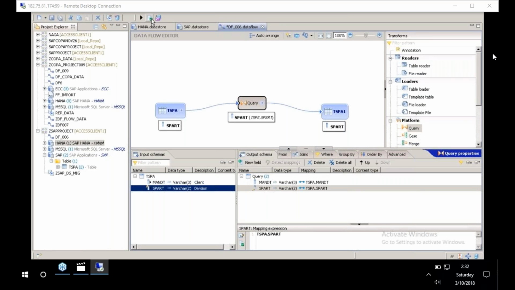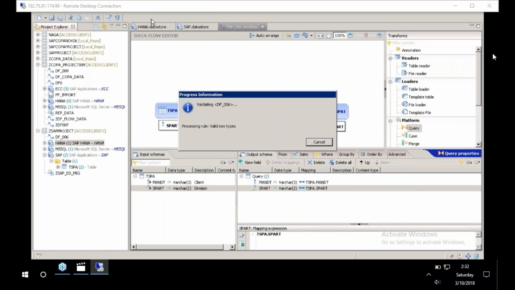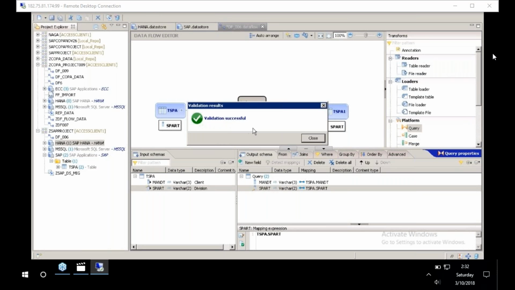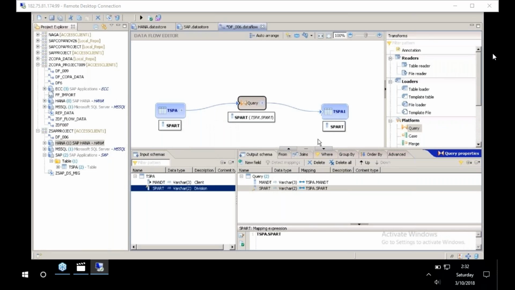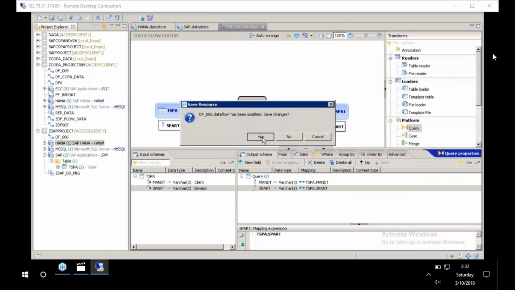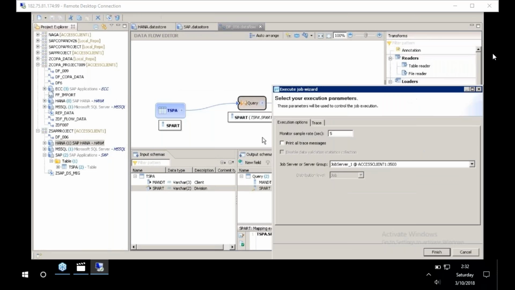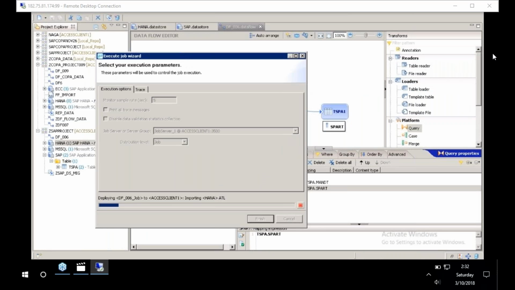Click on validate. Once I click validate, validation successful. Click close and finally click execute. So once I click execute, click yes and click finish. Once I click finish,